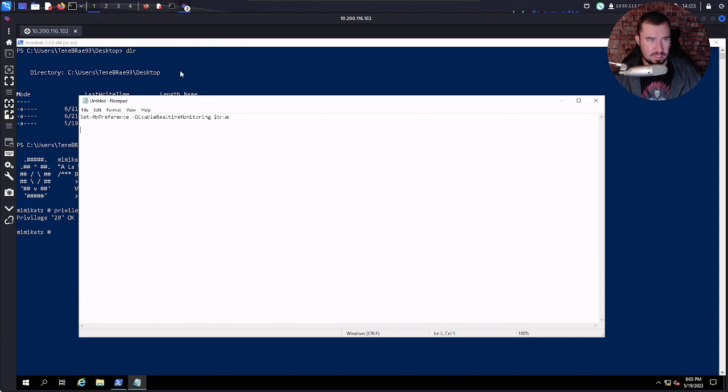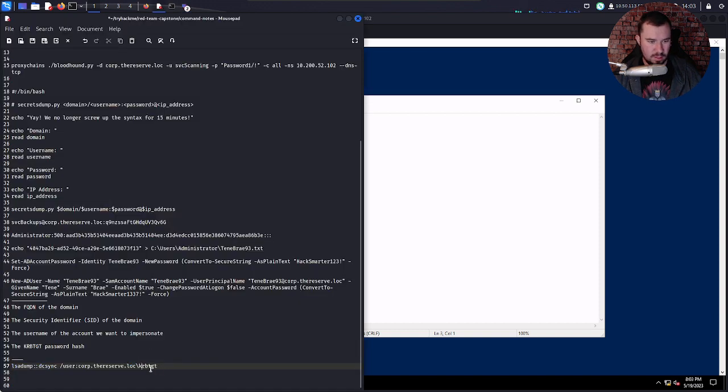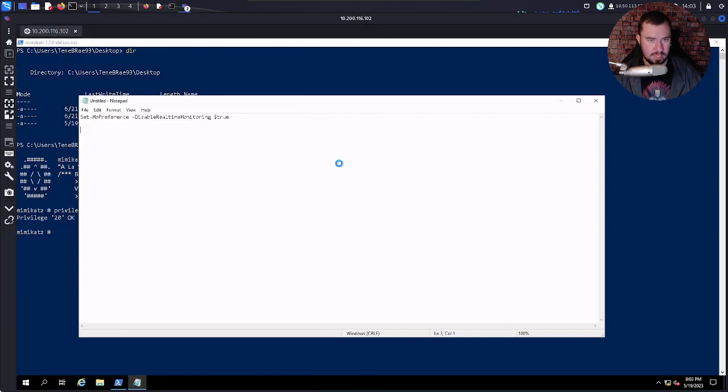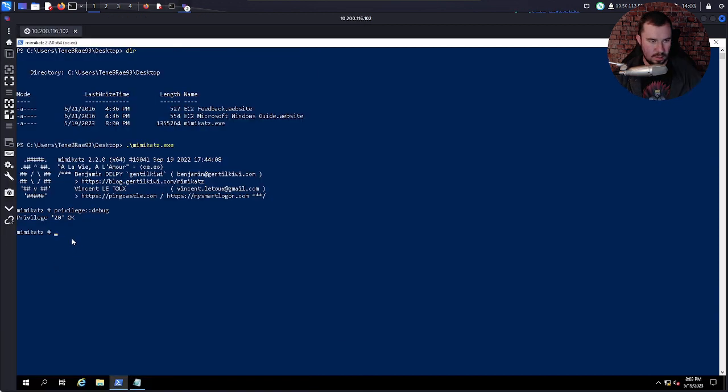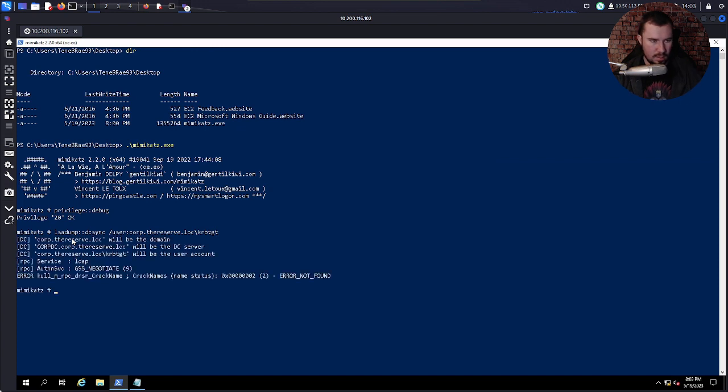Except for some reason it doesn't always copy very well when we're in the RDP session. So copy there, paste. There we go. Okay, oh, maybe that's not going to work.